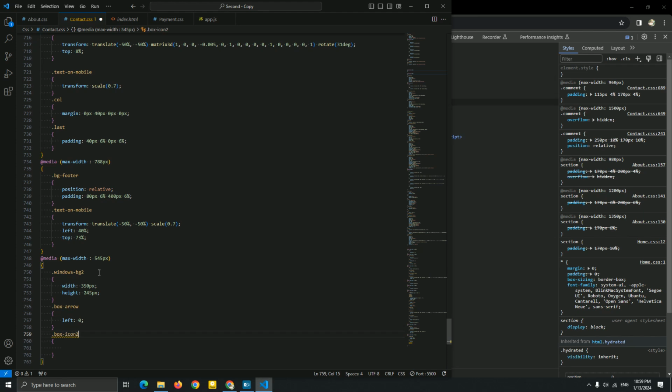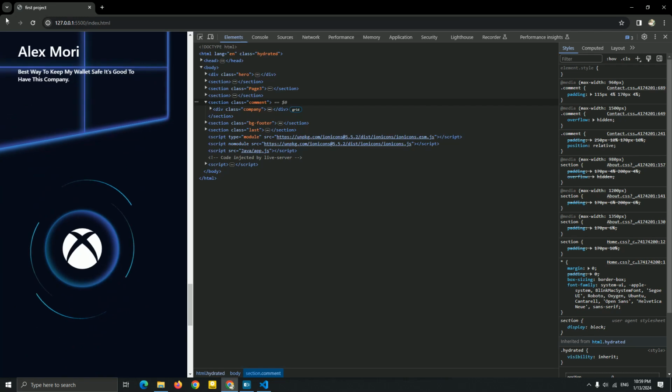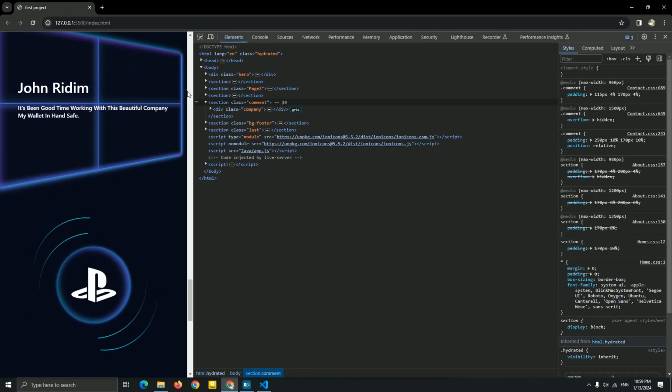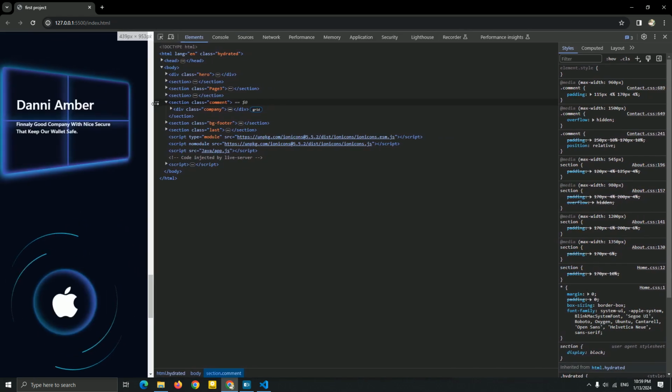I'm sorry, ion icon. I'm gonna add the font size to decrease the size of this icon, 6 rem. Now let's see it, guys. And you can see we just fixed it right now.